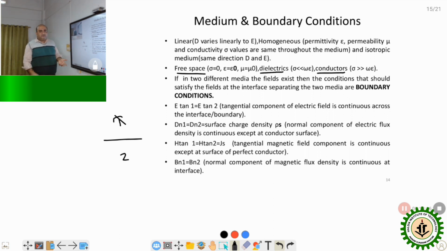So in electromagnetics we have 4 important kinds of boundary conditions: E tangential 1 equal to E tangential 2, and the normal component of D, that means the electric flux density, is the same on both sides. H tan 1 is not equal to H tan 2, the difference is equal to some term J, that is the surface current density, but Bn1 equal to Bn2. So what about the normal component along this axis, and the tangential component along this axis? The various conditions that govern them are what is meant by the boundary conditions.